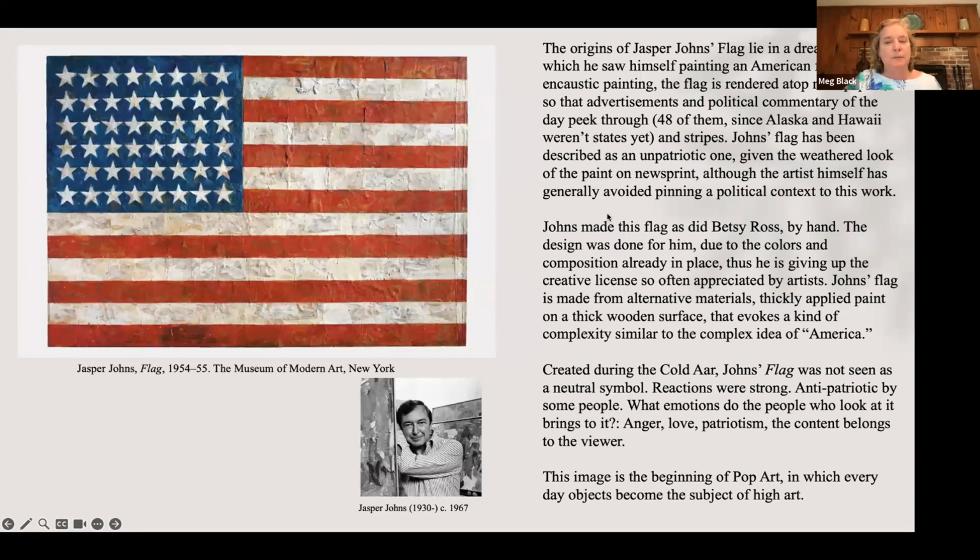But very much like Betsy Ross, he makes this by hand. He paints this, very different medium. But again, the design was done for him at a time where artists wanted to be responsible for their expression, right? For their imagery, like artists always want to be imaginative and have great imaginations. And oh my gosh, like Monet with those wonderful water lilies, or Van Gogh with his irises, they want to be in charge of the composition. But that's not what's happening here at all. We see Jasper Johns taking an everyday object and turning it into something else. So he's very limited in that way.